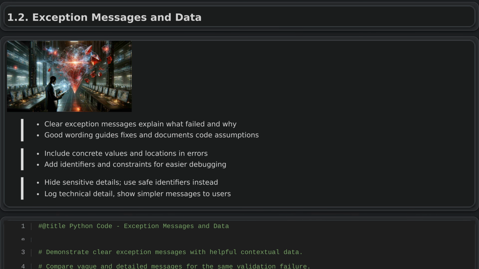Exception messages and data. When you raise an exception, the message you attach is critical for explaining what went wrong. A vague message forces people to dig through logs or code, while a clear one states what failed, why it failed, and what to do next. For example, saying that the check-in date must be before the check-out date is far more useful than simply saying the input is invalid. Well-written exception messages act as living documentation, revealing your code's assumptions and constraints at the moment